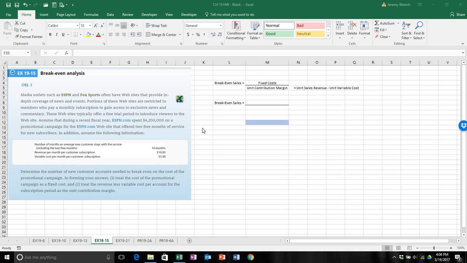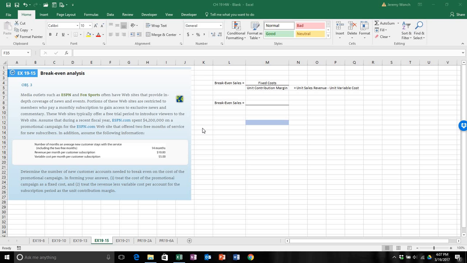Alright, so in example 19-15, it's asking us to do a break-even analysis. In this example, we have ESPN and Fox Sports. I guess this situation is going to be ESPN, where they have their website where you have to have a subscription, and so ESPN is planning on spending $4.2 million to promote their website, and they got to know,